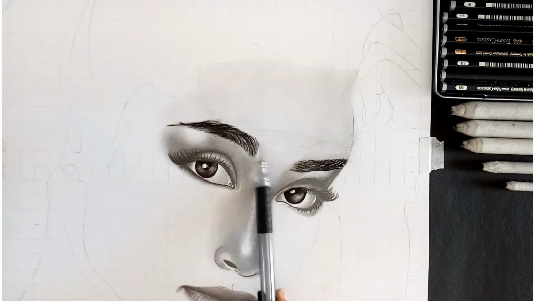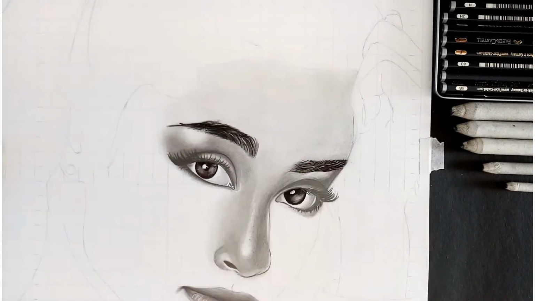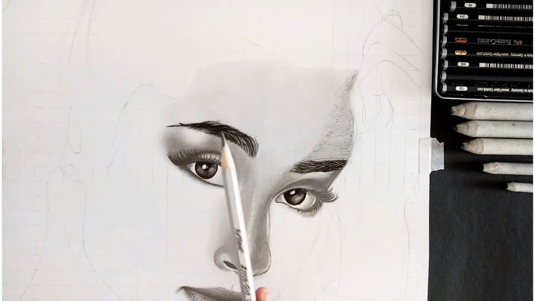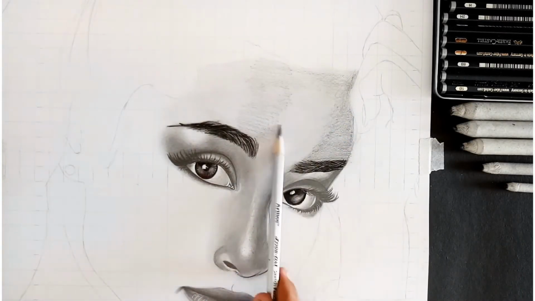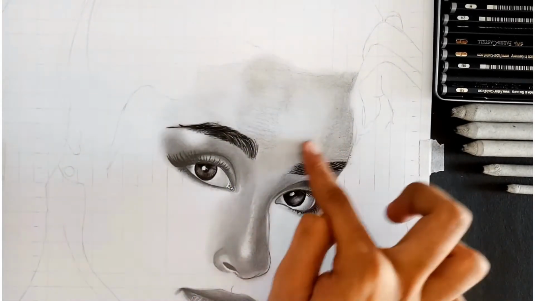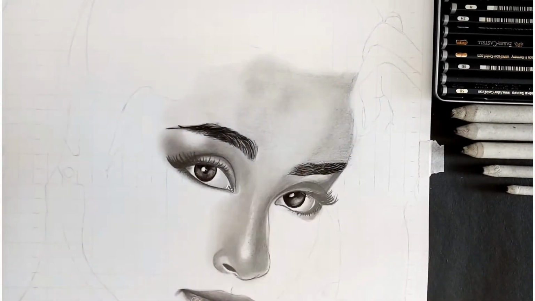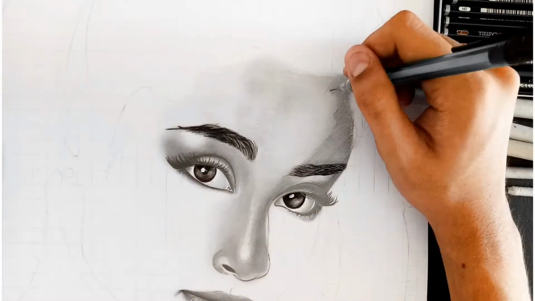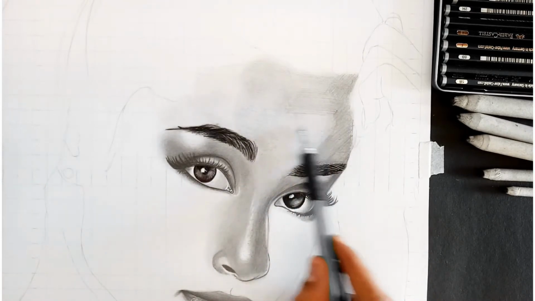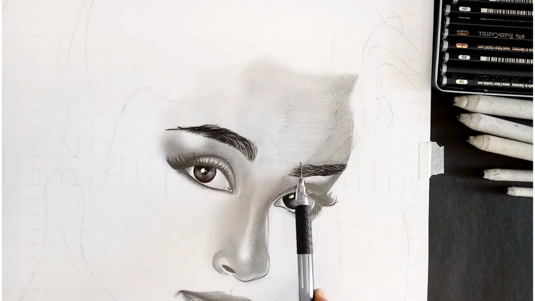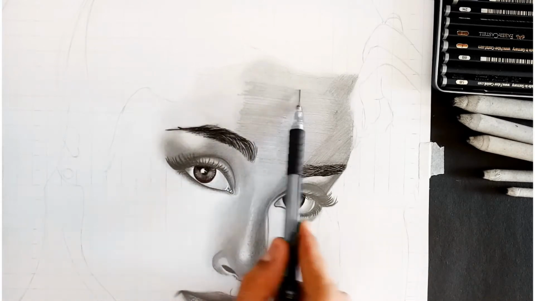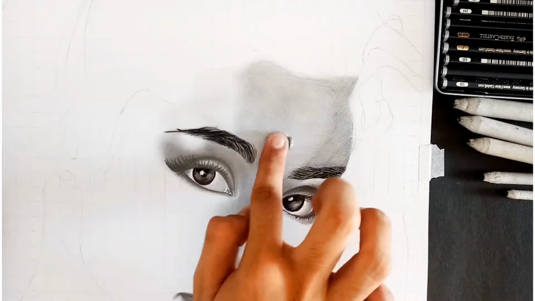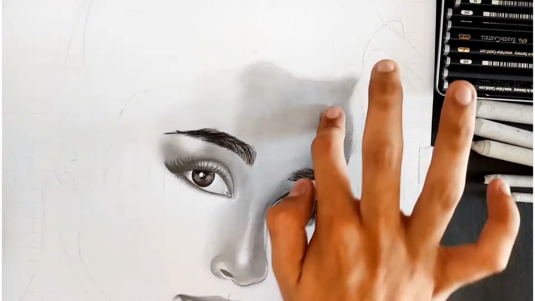and then blend it using cotton, a brush or a blending stump. If you are blending it with cotton, then don't use much pressure, otherwise you will have some black spots that you don't want. So after blending the first layer, use a 2B pencil to add one more layer on it and again blend it. And for darker areas, you can add a 6B pencil layer as well.